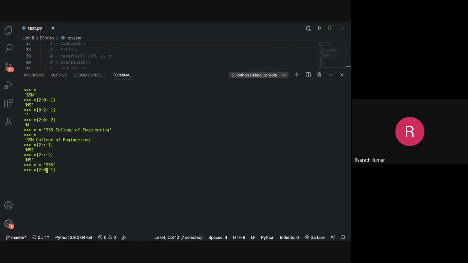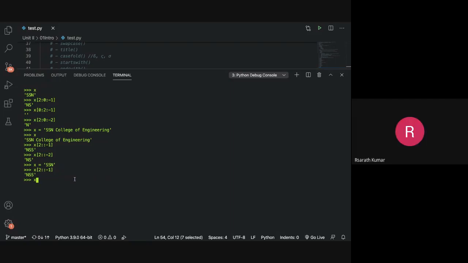If we don't give that 0, S will be printed. So double colon. You mean this way? Yes, sir. Now do you still have any confusions why S is not getting printed?